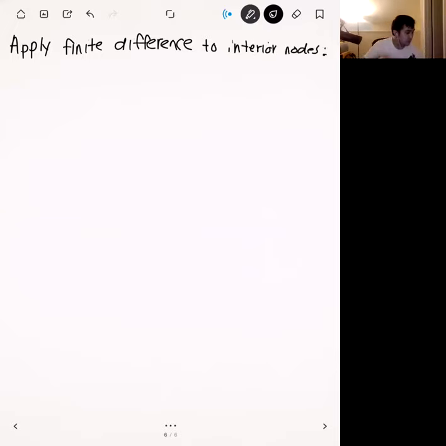Okay. And so we have four interior nodes. And so let's apply them. Let's start with node number 6. Okay. And so for node number 6,